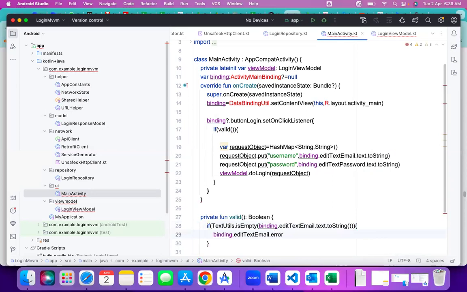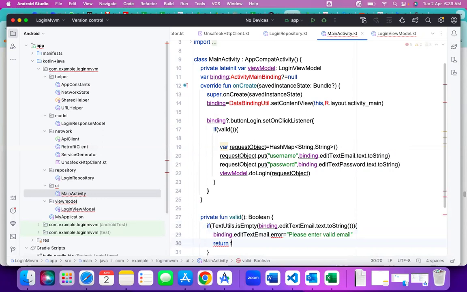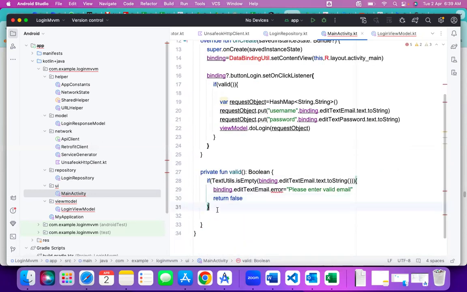So we'll display the error, that is please enter valid email. Right. So from here we will give the return false. Return false. Right. So then next here else